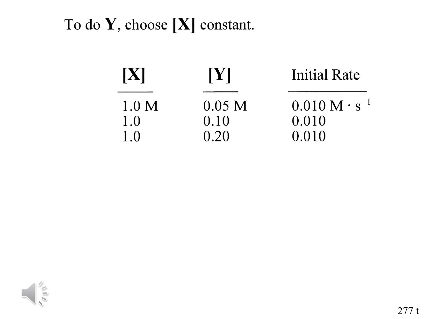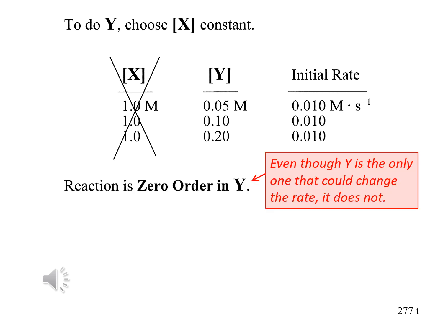I copied from the data the 3 points where x is constant, and so x cannot affect the rate. I crossed out the x column, and now we have to look at the effect of y on the rate. The thing is, even though y is the only one that could have changed the rate, it didn't. Is that possible? Yes. It just means that the reaction does not depend on y, and so it is 0